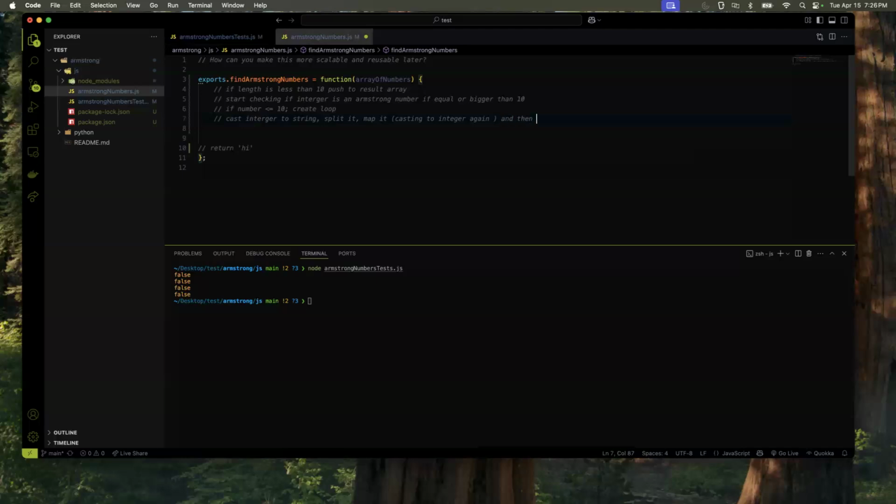And then mapping them again into their powers. And what's the next thing you need to do? You need to add them together, not join them, add them together, because that's arithmetic, right? So you pretty much have to undo what you just did. You cast them into a string, you split them, you map them into integers, you take them to their respective power, right? Then you turn them into strings again, then join them,